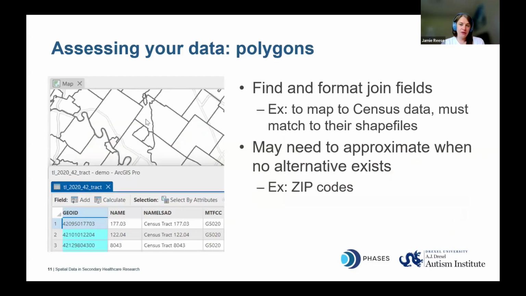If you are working with areas, so polygons, there are also some steps that you have to plan for. We already talked about how you can find a field to join your data onto. That requires, even in the most straightforward instances, just checking that they're in the same format and doing any manipulation that you might need to do to make that happen. Polygons can get more complicated in some scenarios where there are constraints either in your own data or in spatial data or boundaries available to you.